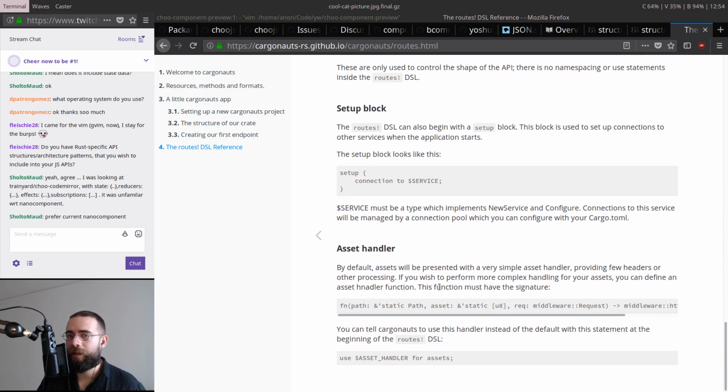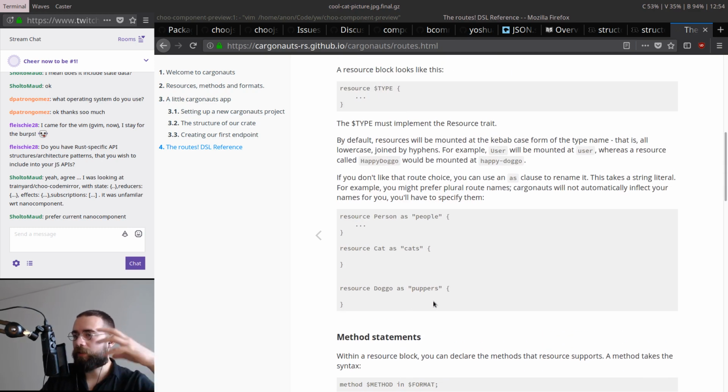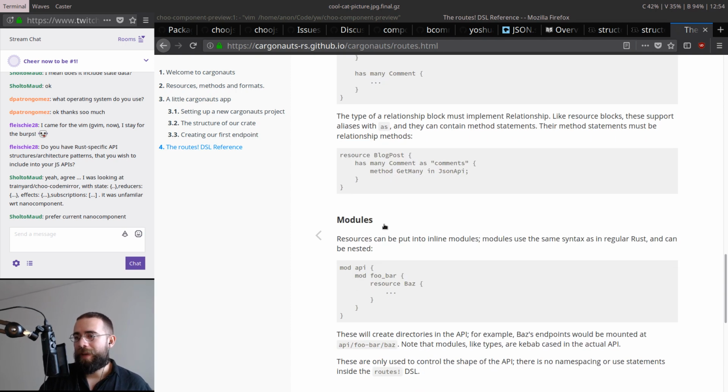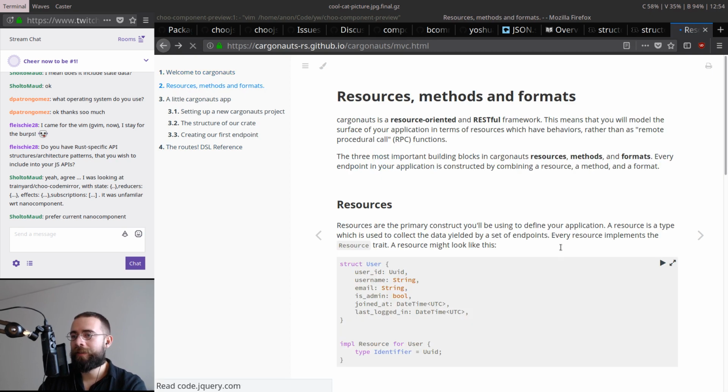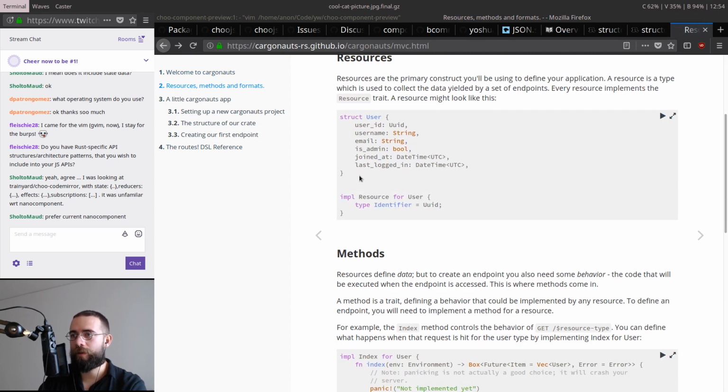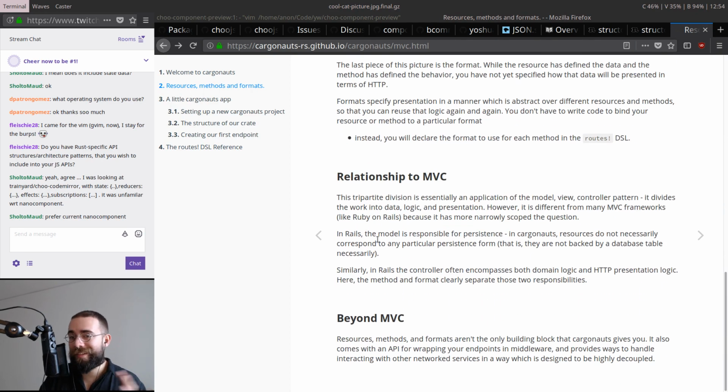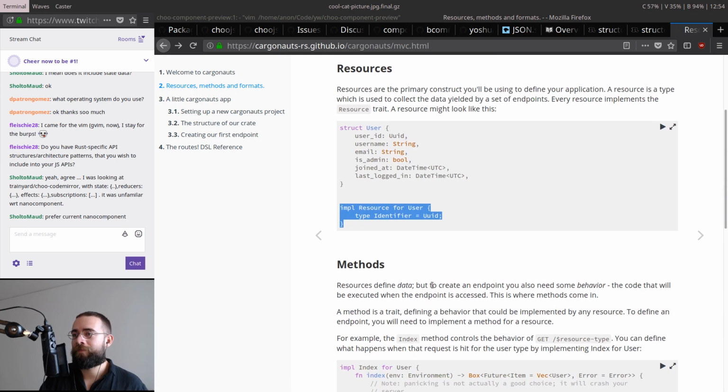I'm still a little bit unsure how it works, but the idea is, again, you start off with data, you start with the shape of your data, and then you work backwards into an API, making it very, very trivial to implement. So you just say, okay, cool, we have this struct here, now become this magical thing that works with HTTP servers. It's still a bit rough. It's not as polished as the other two, but yeah,